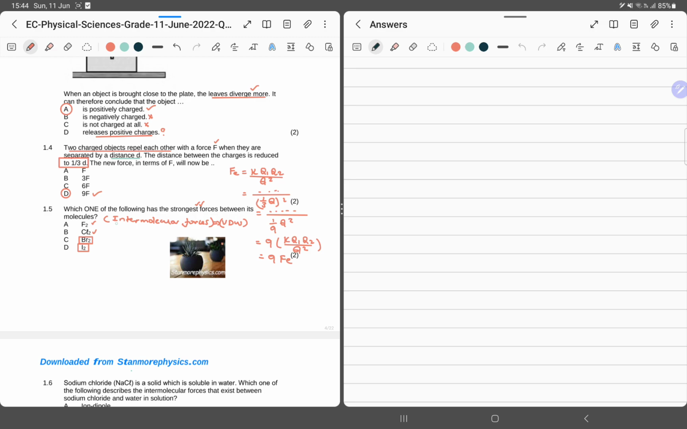Now, we can see here that these are all non-polar molecules. So what are the forces? The forces are the so-called London forces. These are the weakest of the van der Waals forces. So basically they all have London forces. But we also know that London forces increase in strength